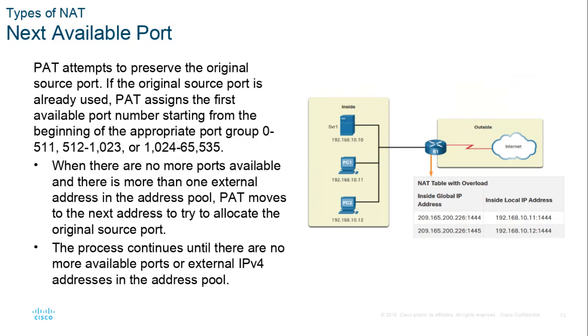So port address translation is going to try to preserve the original source port. Workstations will just pick the next available port number, and if two port numbers happen to conflict with each other, here we have PC1 and PC2, if they happen to pick the same exact port number, the network address translation PAT function will slightly change one of them because they have to be unique, or this